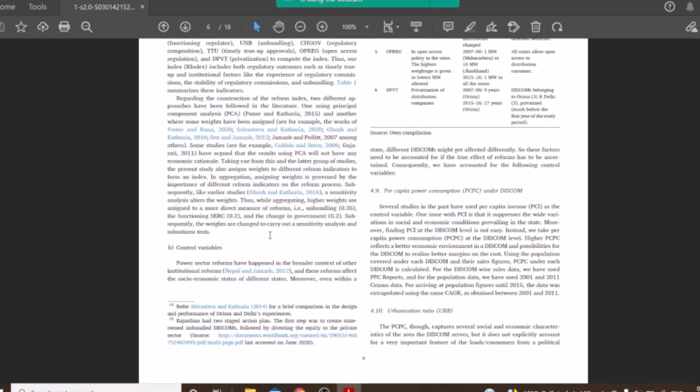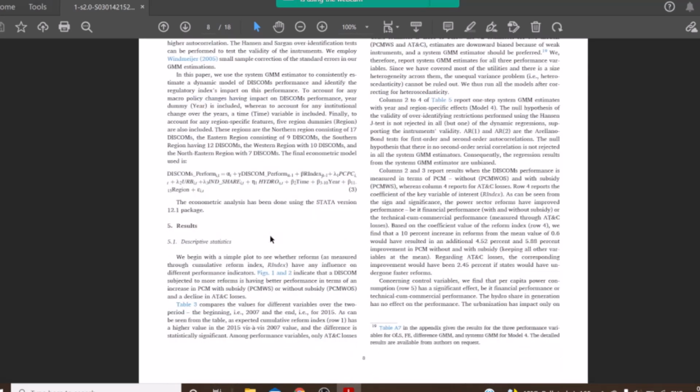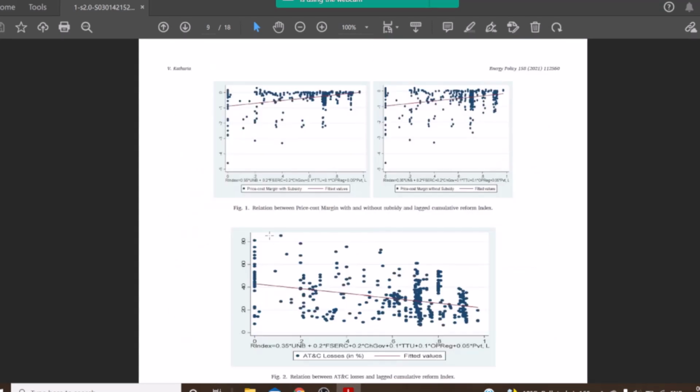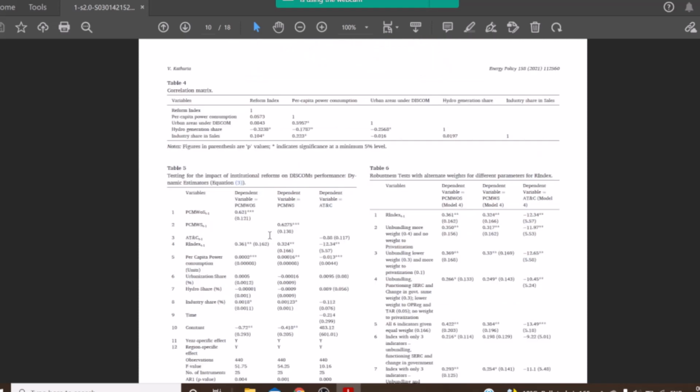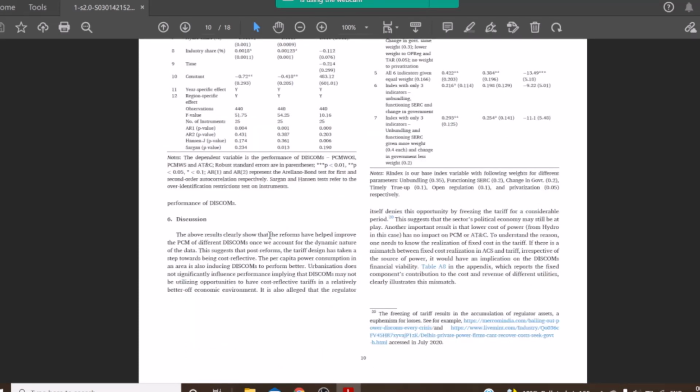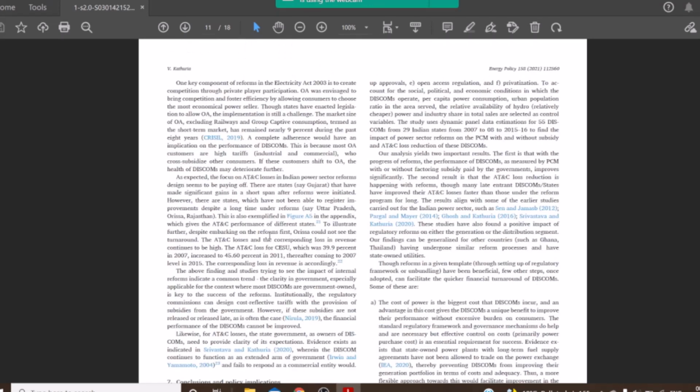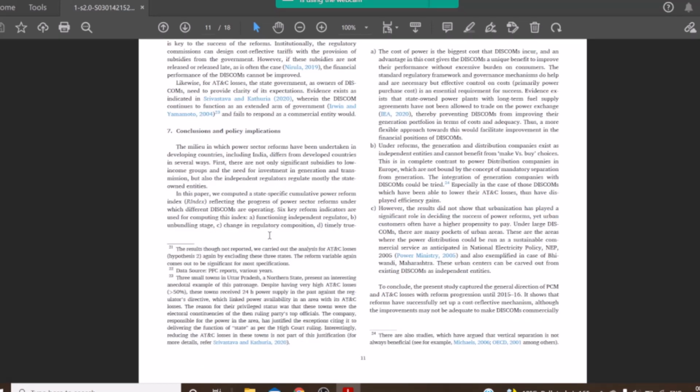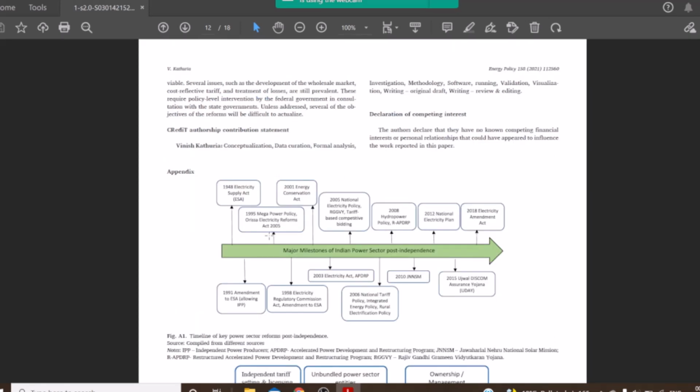And then I find that in the fifth point, results are present: the descriptive statistics, the econometric results, and robustness tests. And then in the sixth point, the discussion is carried out. And then in the seventh point, conclusion and policy implications are written. Okay. And then finally, there is an appendix, and then you'll find the references. So after going through the paper once,